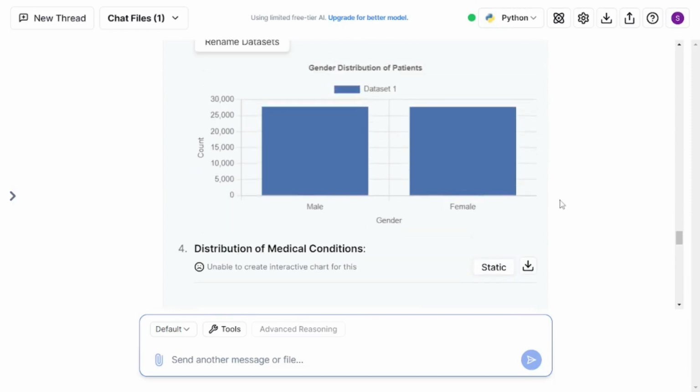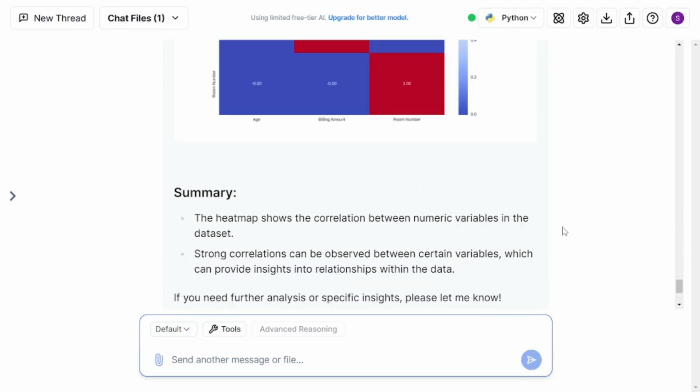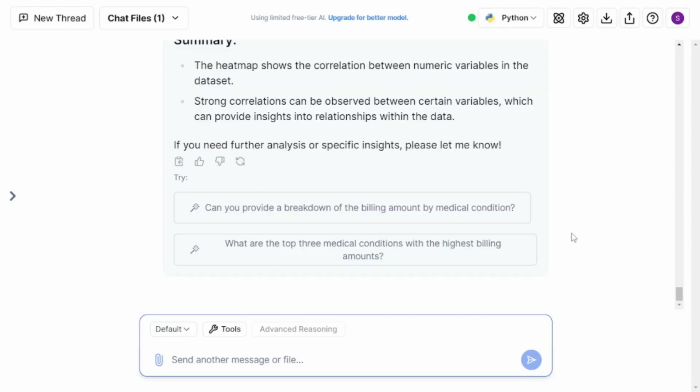And after all these cool visualizations, you get further summary. And to be honest, if I was doing this manually, I wouldn't be as thorough as Julius AI. And as I stated at the start of the video, you get a data scientist as your assistant by just using Julius AI. Now for this scenario, you didn't do much. All you had to do is just one